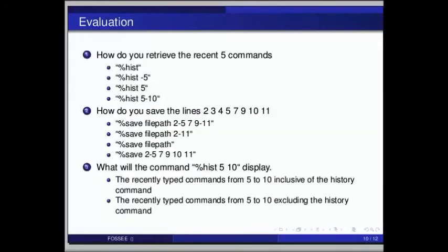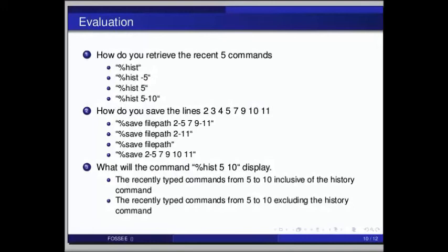So here are some self-assessment questions for you to solve. How do you retrieve the recent 5 commands? And there are 4 options: %hist, %hist -5, %hist 5, %hist 5 to 10. And in the second question: how do you save the lines 2, 3, 4, 5, 7, 9, 10, 11?